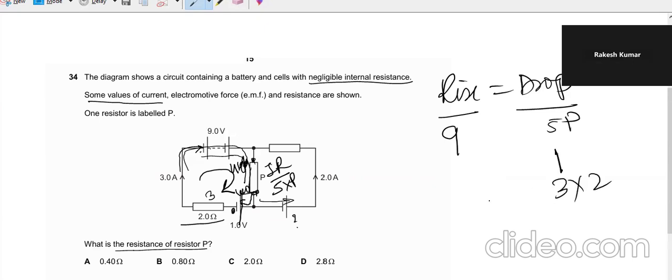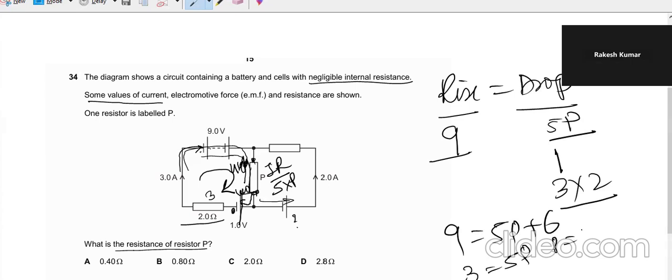So basically, for some time there were some other electrons, but in this circuit, this was the rise 9, then a drop of 5P in the electrons which were in this loop, and then a drop of 6. There was no other rise and drop. So 9 is equal to 5P plus 6. 3 is equal to 5P. P is 3 by 5,